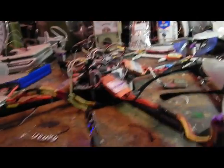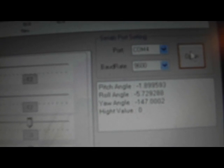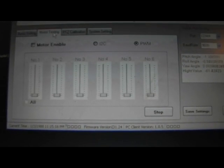Crazy exposed wires. Now we're on here, COM port 4, and we're going to open it up and see if we have something going on. Watch the height value. And there we go. We have an active barometer on the second Freeflight board. So 2 in a row, I didn't screw them up. I have to test fly it, but